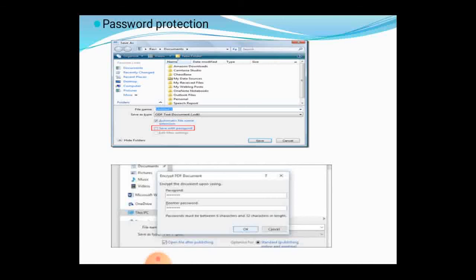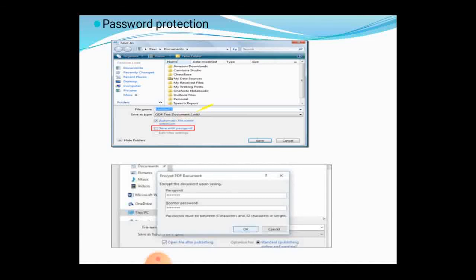When you click Save, your default location like the Documents folder will open and your file name will be asked. You give your file name over there and click Save. There is also an option for Save with password.